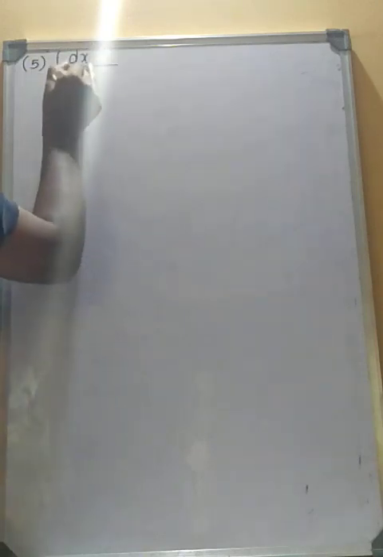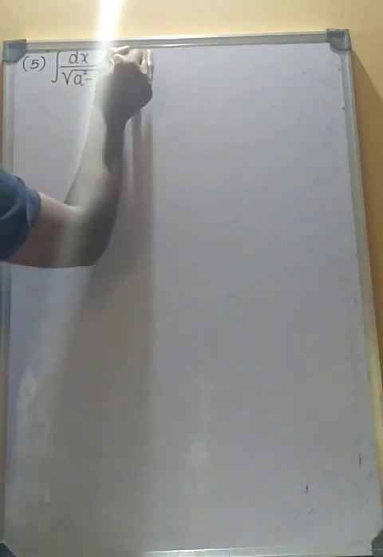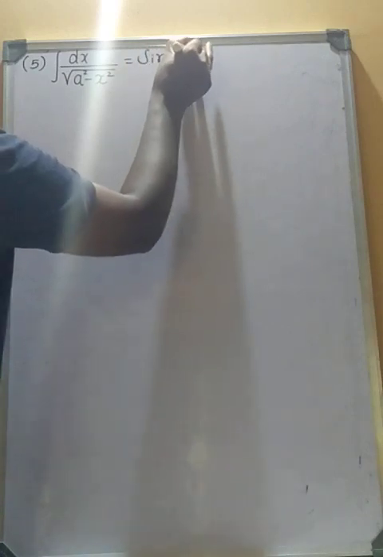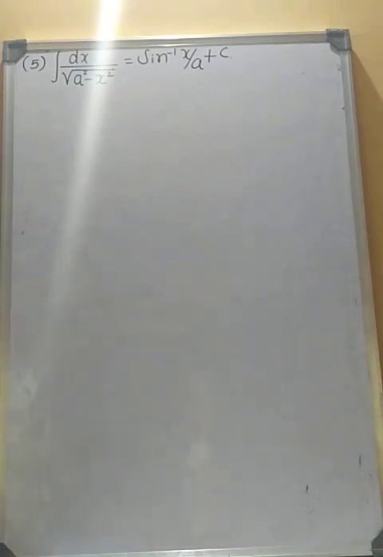The next one, the fifth one: integral of dx divided by root of a square minus x square is equal to sine inverse x by a plus c. Proof: